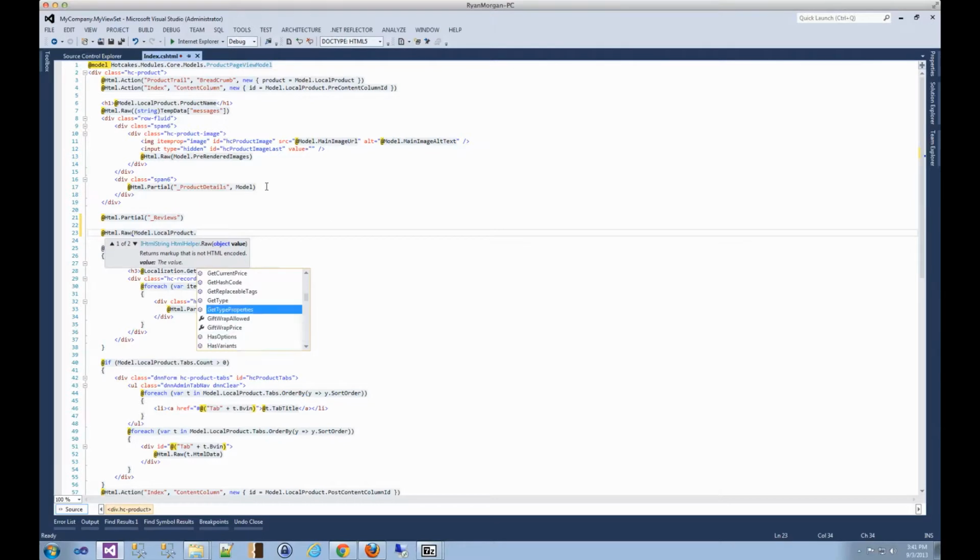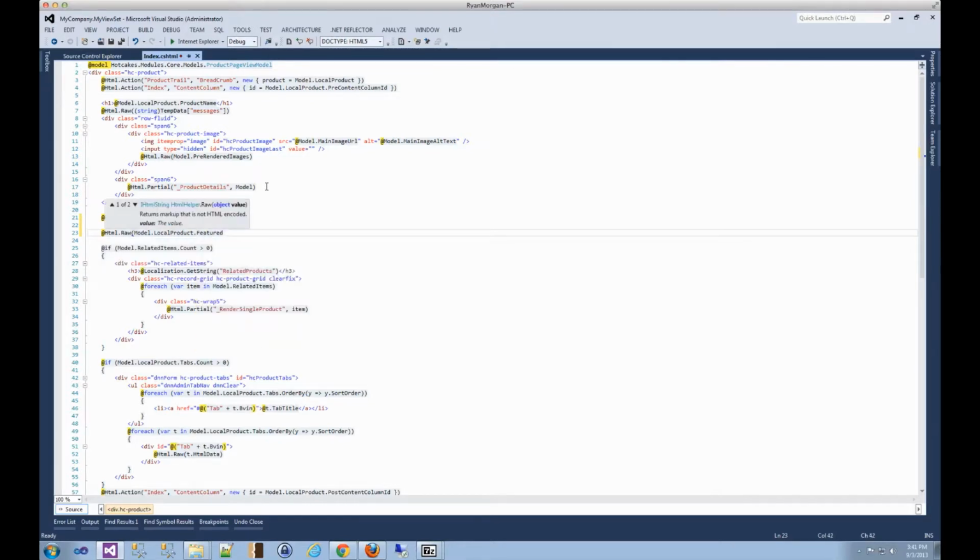like whether it is featured. And so that is a Boolean to say whether that is featured, and so that would allow me to go ahead and write that out to the page. So what I was showing here is that we now have the ability to do IntelliSense right in our